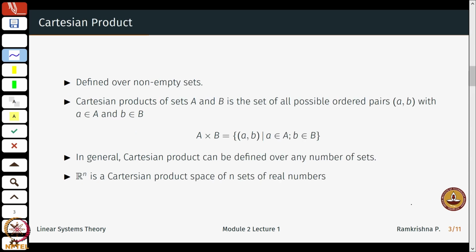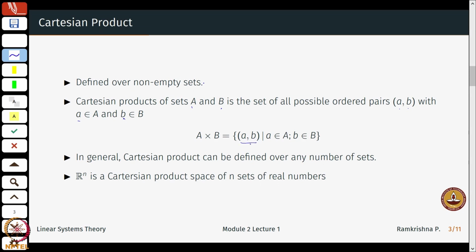So the first thing is, okay, how do we define what is called a Cartesian product? Of course, we define it over non-empty sets. Well, the empty set becomes a bit trivial, so it doesn't really make sense to define it over empty sets. So just take two sets A and B. So the Cartesian product is the set of all possible ordered pairs. I'll tell you why I call this ordered. So take (a, b) with a belonging to A and b belonging to B, such that A cross B is represented as just this,